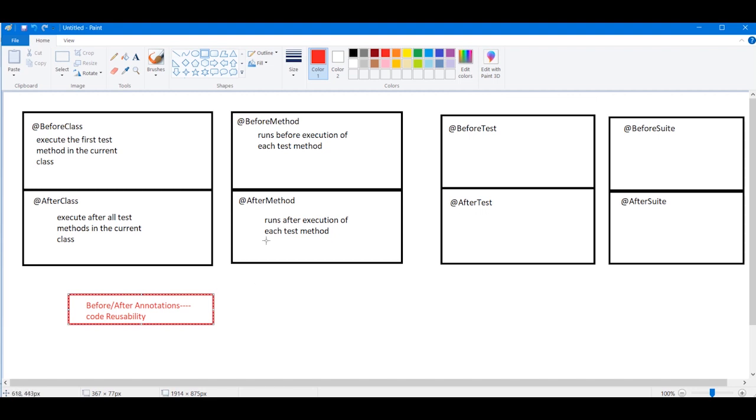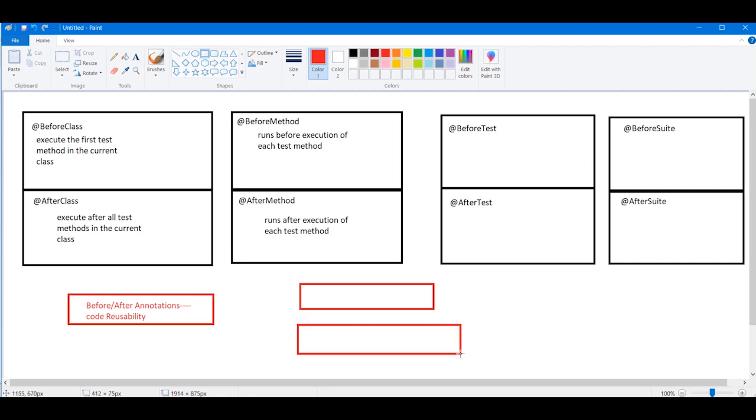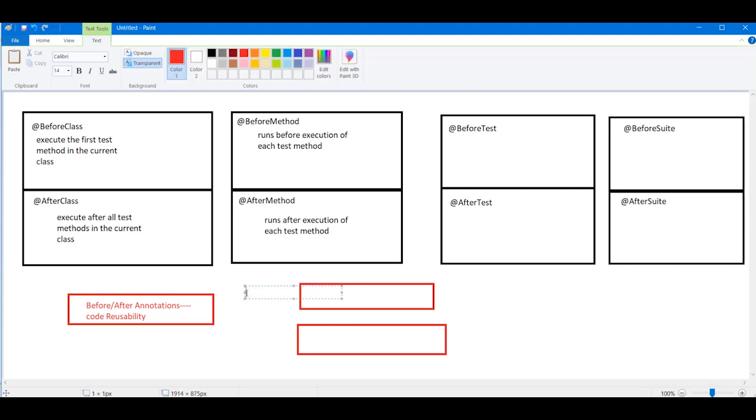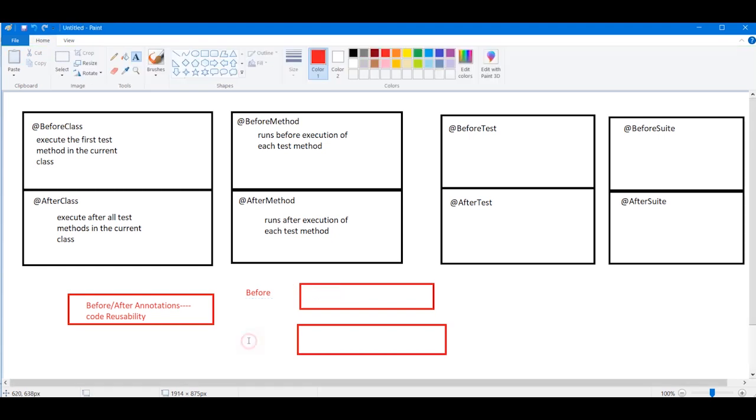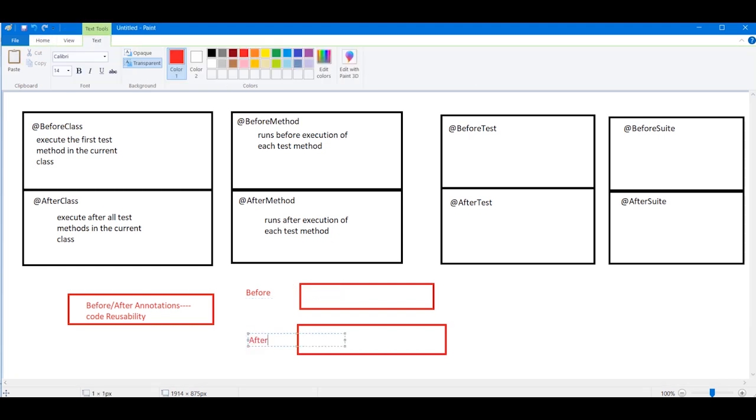Another thing you need to focus upon is the individual analysis of before and after. There is a method which is before and a method which is after.